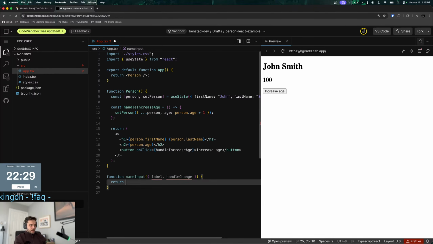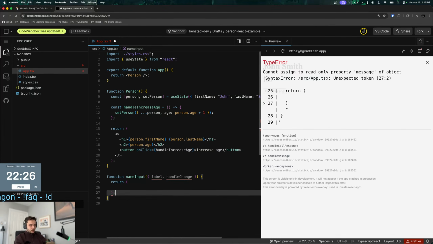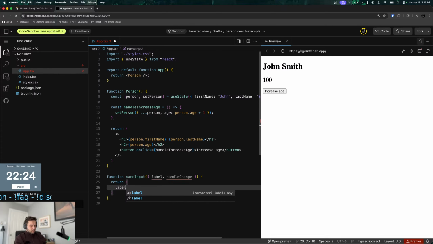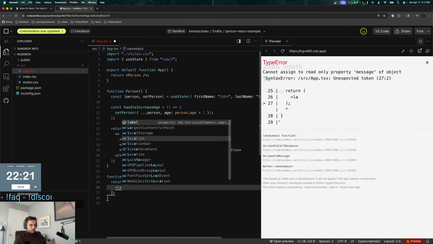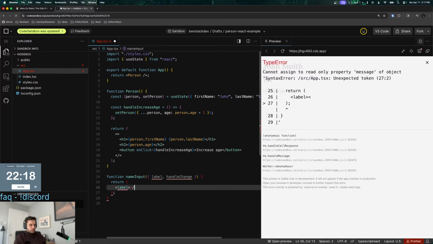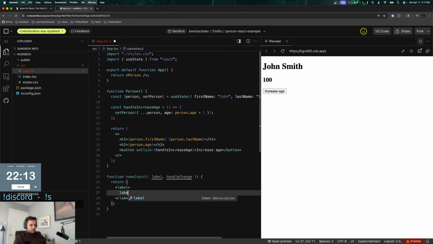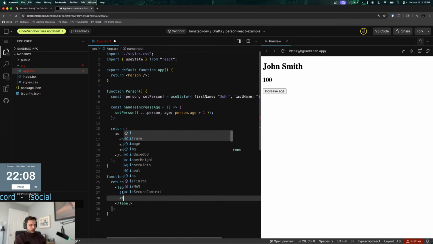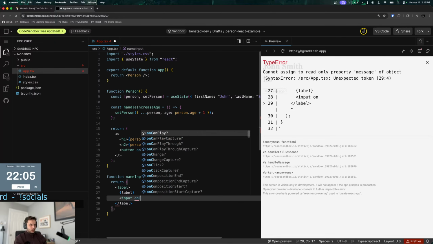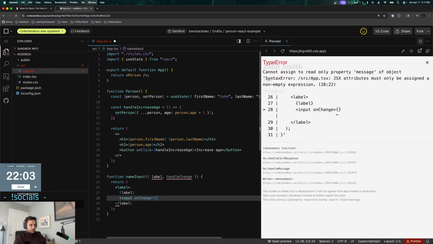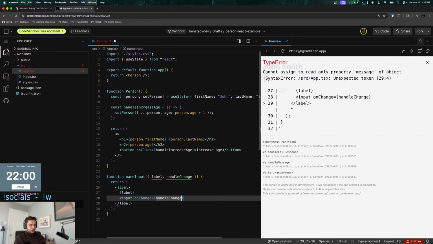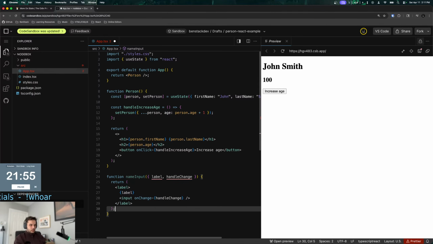So we'll return a label, and then within here we'll do the input, onChange is handle change. And then that should be everything.